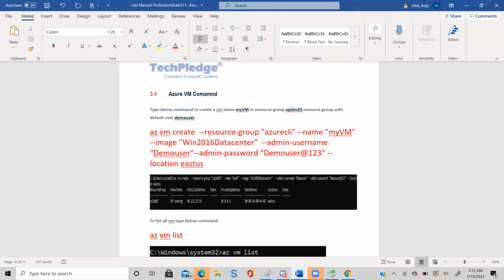Just copy and paste the command in a console. Just copy the red color command, az vm create. Can I close this one? Yeah, just copy. Because this is in the chat box in there. Okay, this one. Yeah, just copy the whole line. Say Control C. Go back to your portal.